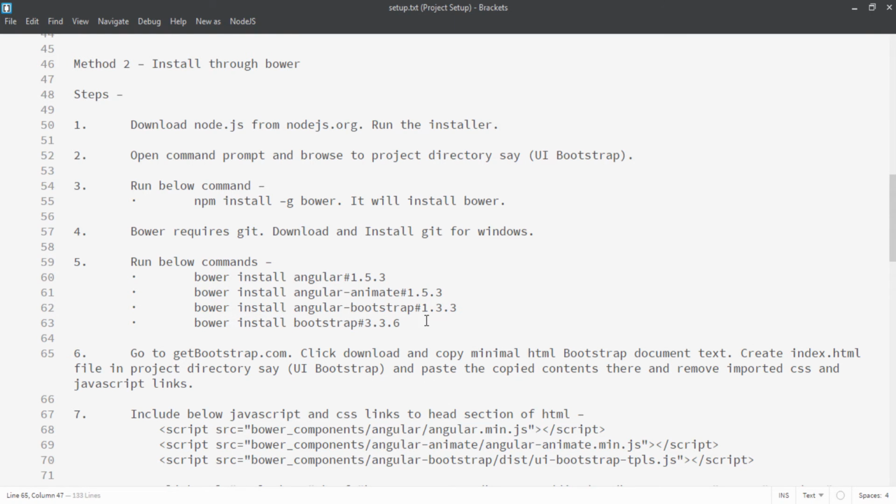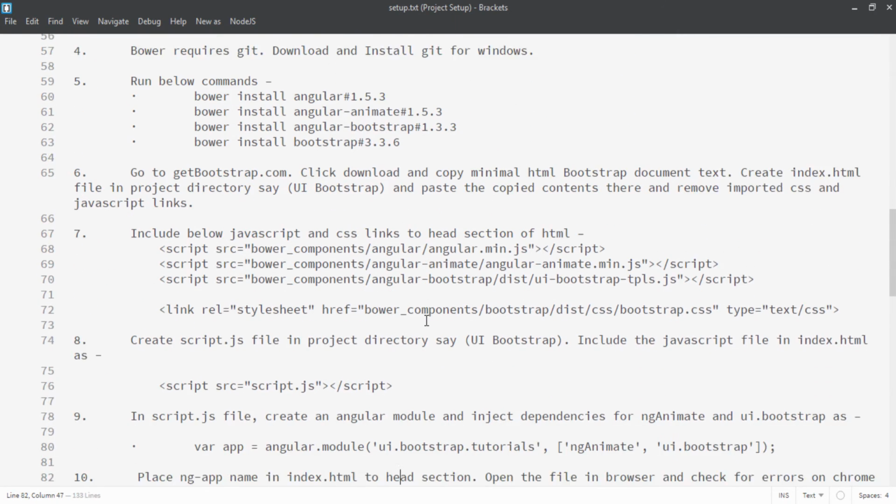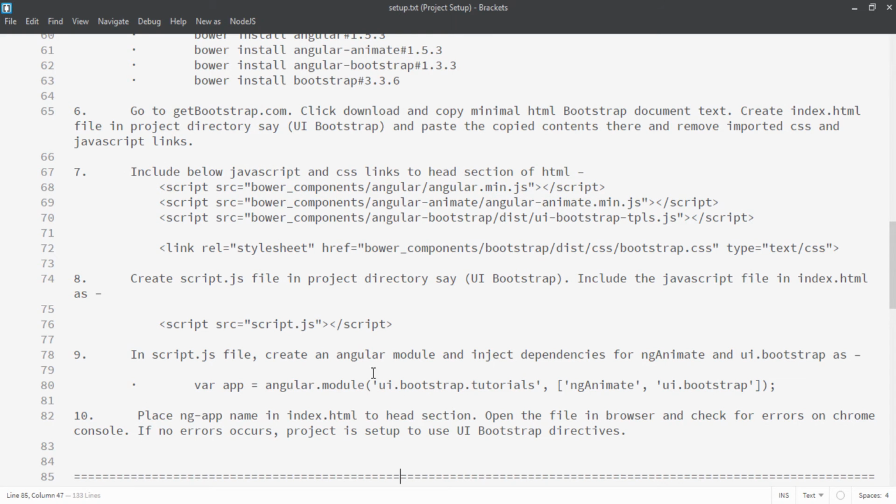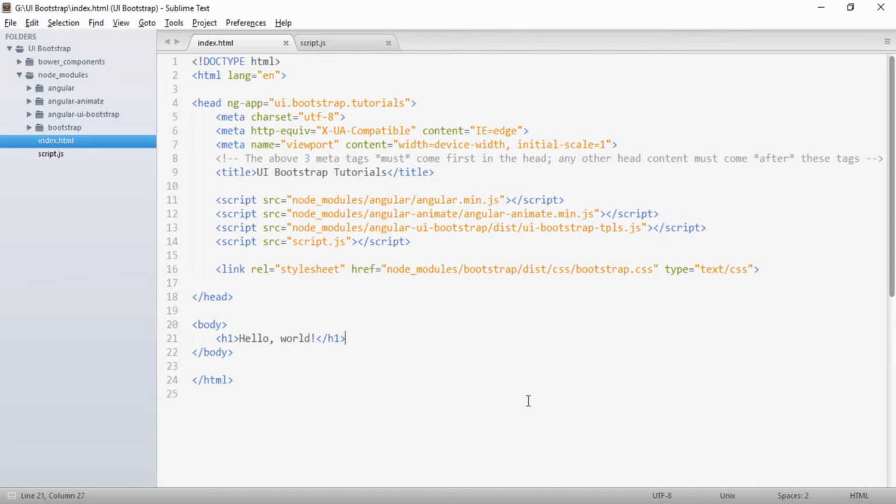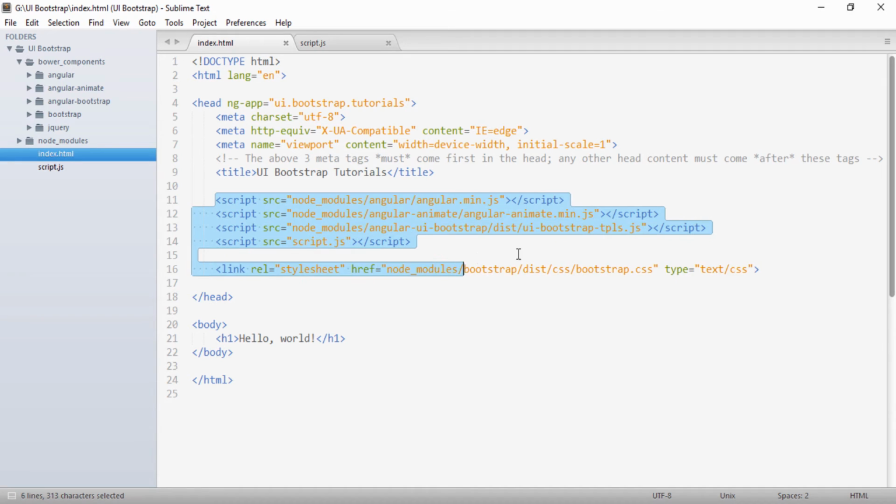the next steps are very similar to what we saw previously. If I go to index.html, instead of these node modules, we have to provide a path for the Bower components. So we have to remove all this stuff here, which includes the node modules.